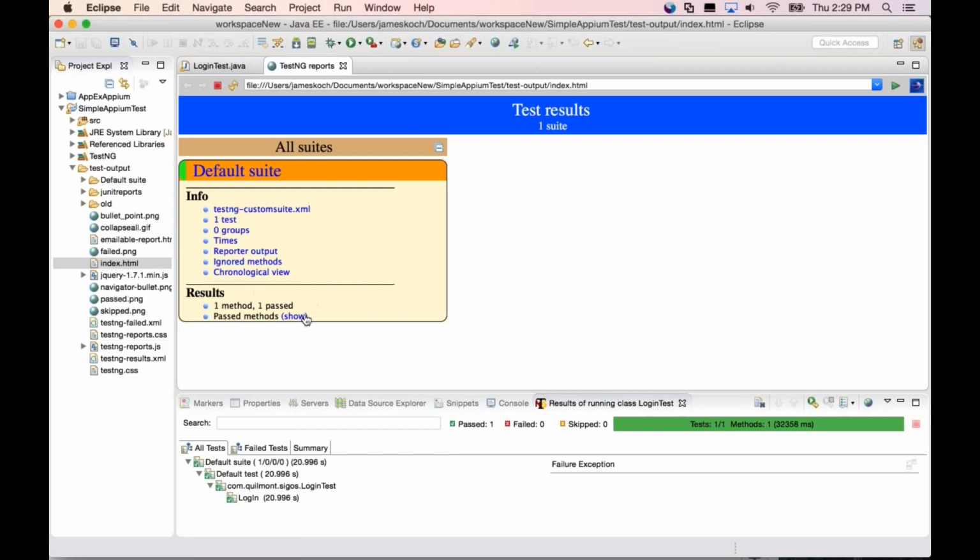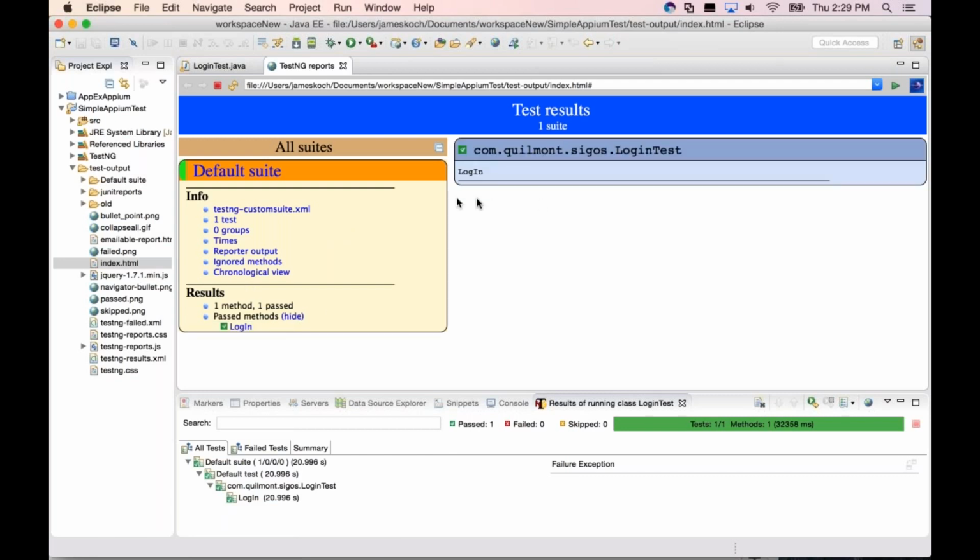And this is just a simple TestNG report showing the actual method that passed. You can use this eventually in continuous integration, so you could produce it or have it send you an email with the index HTML file of your execution after each time it runs.